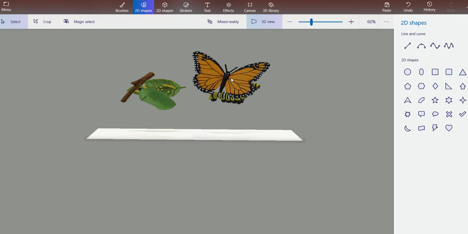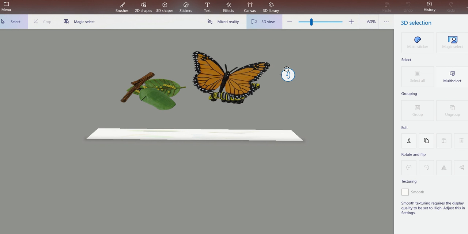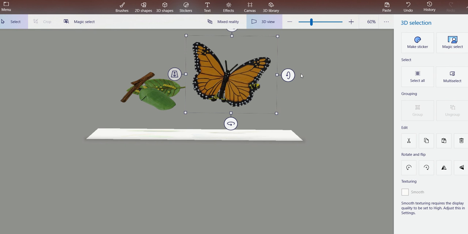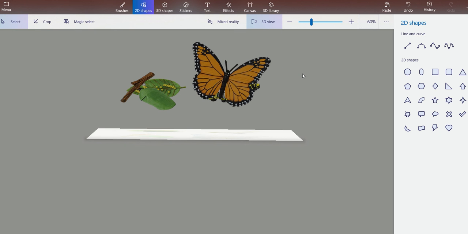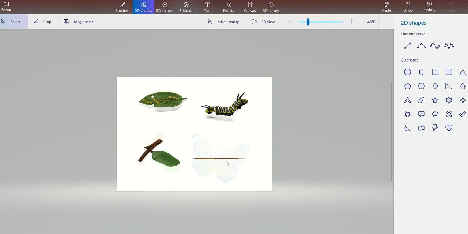And similarly this image I can rotate it a little bit. Alright, I'll take out the 3D view for a minute, people.